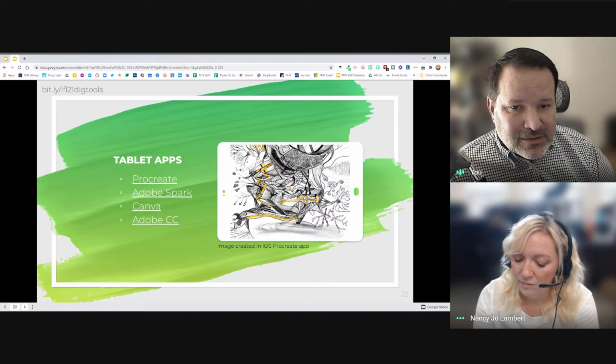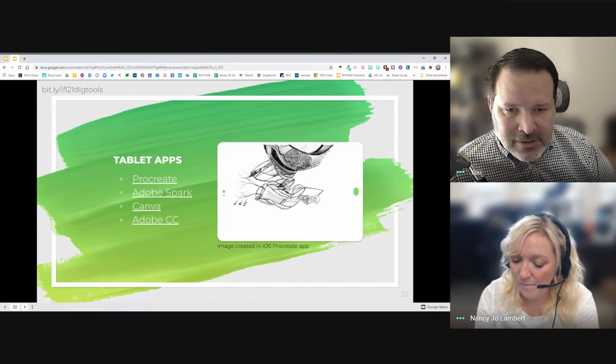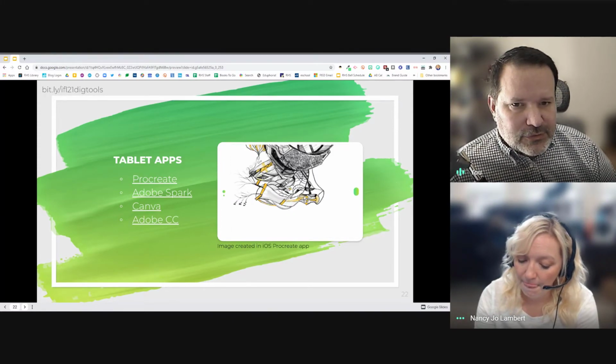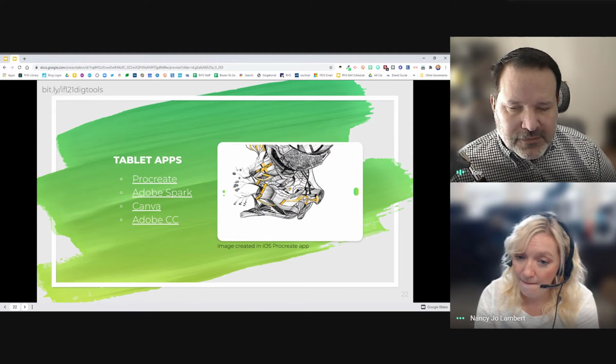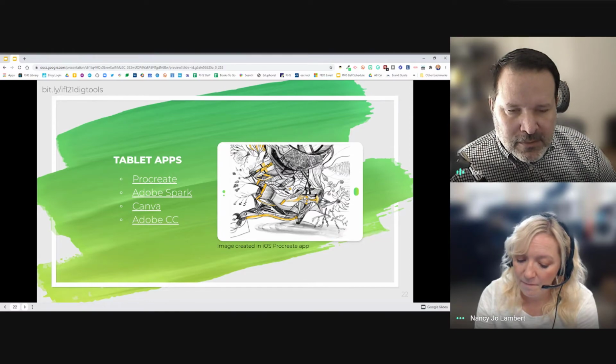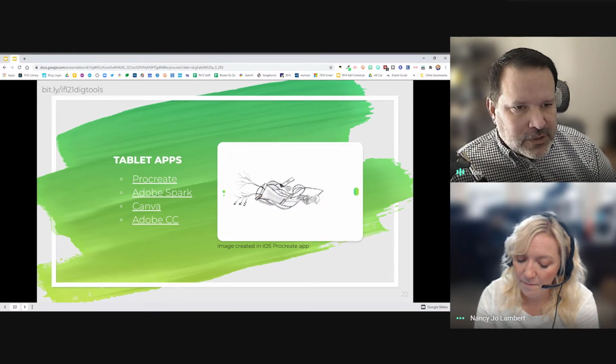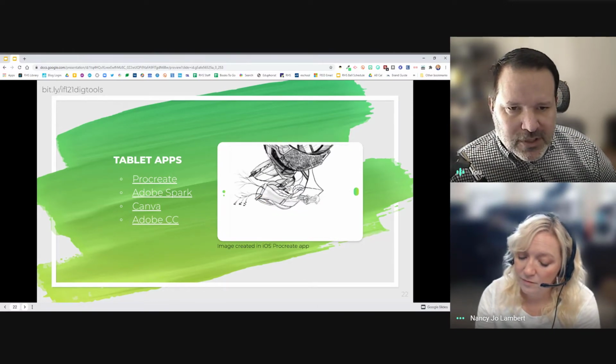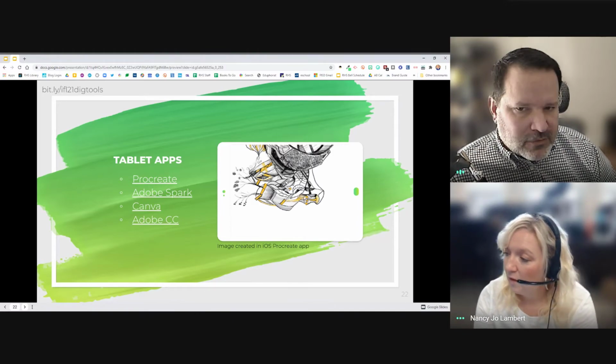You can put text in there. It has a text feature. It just is super powerful and can do all kinds of stuff. It's my favorite. And then Adobe Spark is cool across all the platforms. You can either Spark videos or Spark posts or the website version. They're all very cool. And we talked about Canva already.